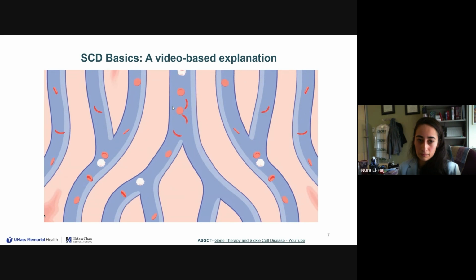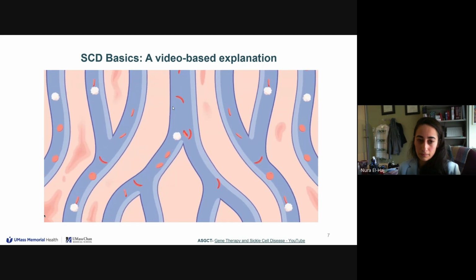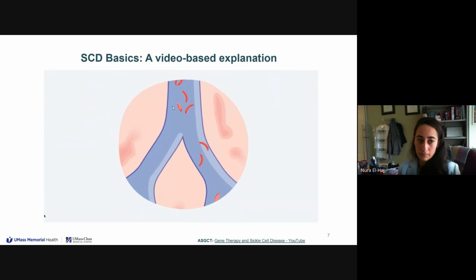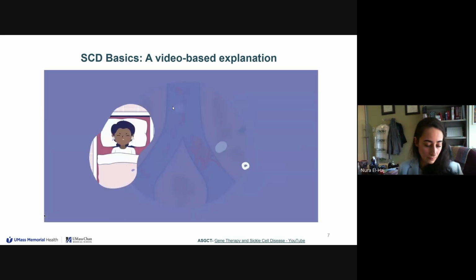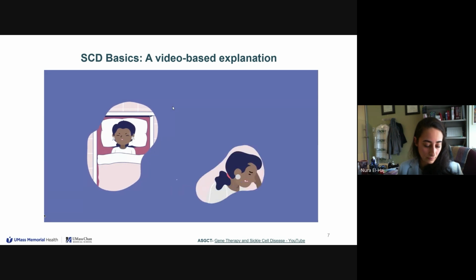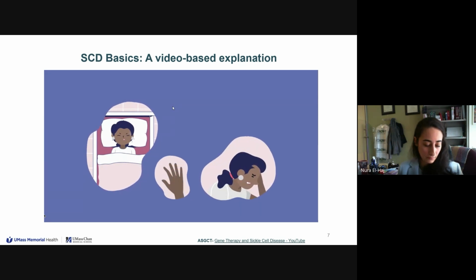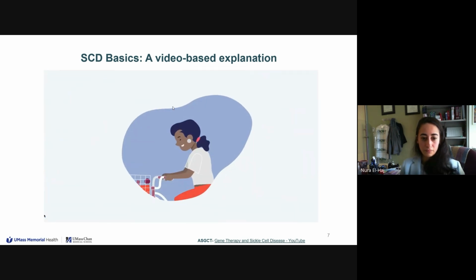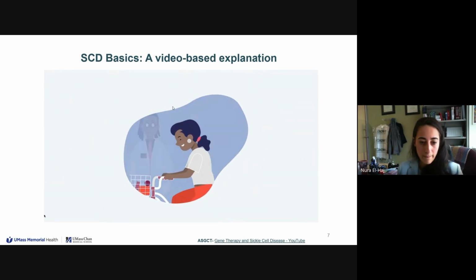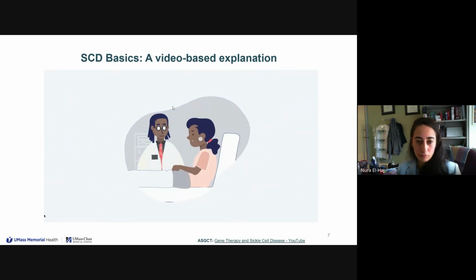The sickled blood cells break apart easily, causing inflammation and damage to the blood vessels. When the blood cells clump together, this stops them from moving smoothly through the bloodstream. As a result, they get stuck in small blood vessels and deprive tissues and organs of the oxygen they need to function. This causes fatigue, pain crises, and silent damage, and can lead to complications, including infections, organ damage, stroke, and in some cases, premature death. Sickle cell disease greatly impacts a person's everyday life, since it can be difficult to manage and may require frequent